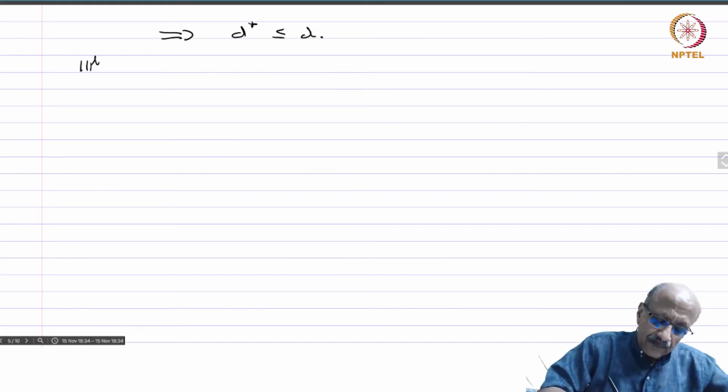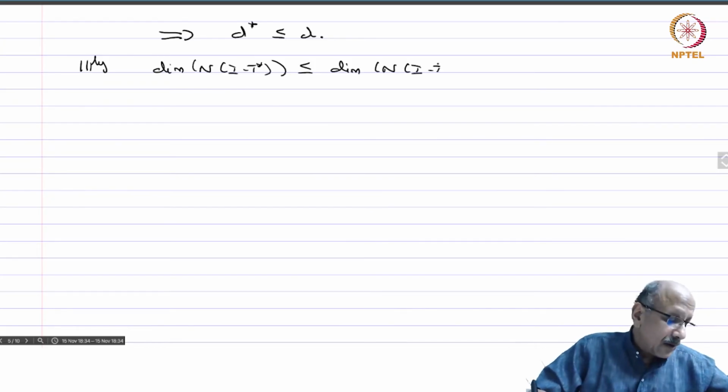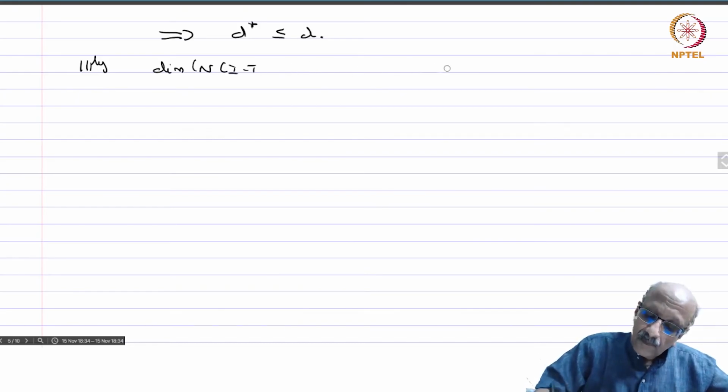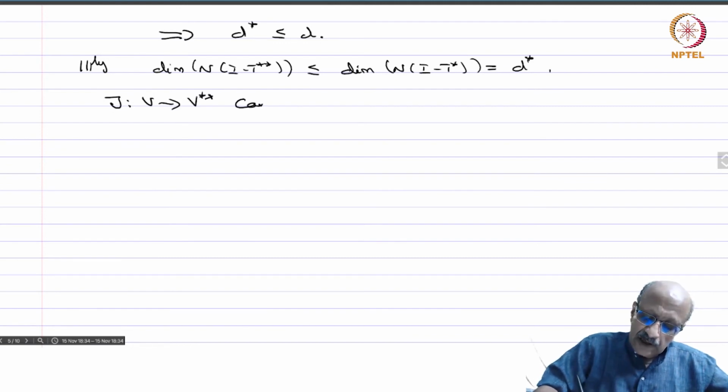Now similarly, the dimension of the null space of I minus T star is less than or equal to the dimension of the null space of I minus T double star, which should be less than the dimension of the null space of I minus T star, which is equal to D star. Okay, now if J from V to V double star is the canonical embedding,